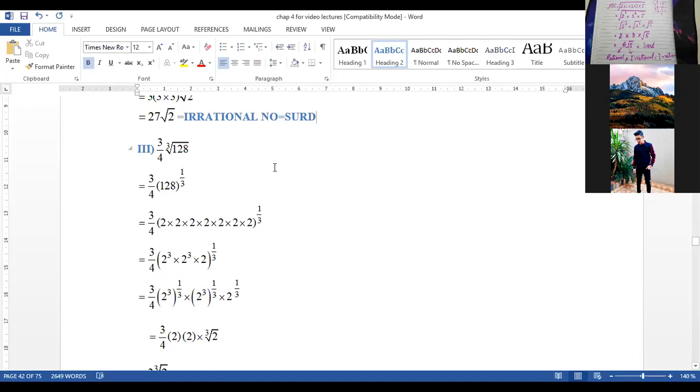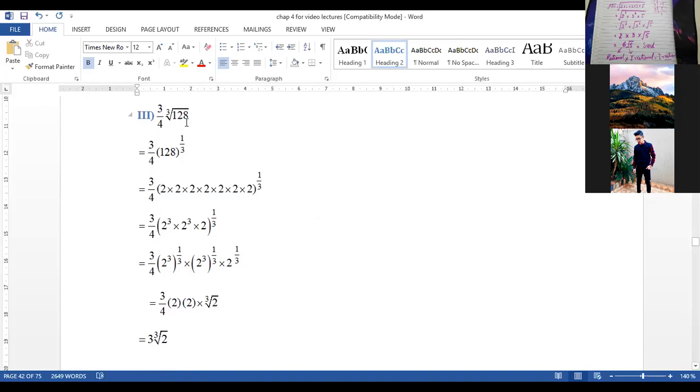Okay, if I move ahead to the third part, 128 cube root is written there. Fine. So what will be the requirement? I will explain you right here. And also I want to tell you that this meeting will obviously be finished in the next 2 to 3 or 4 minutes. Then we will reconnect it, and then I will explain you the rest of the parts. So let me tell you,